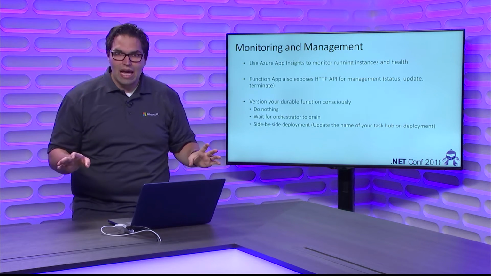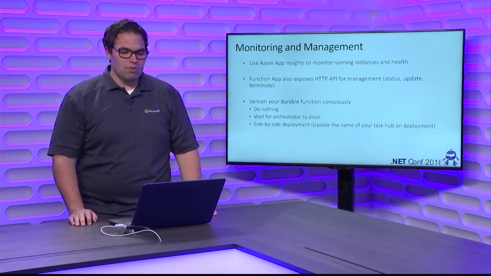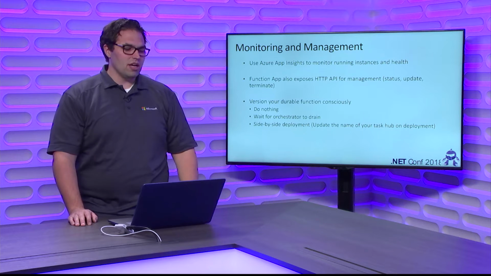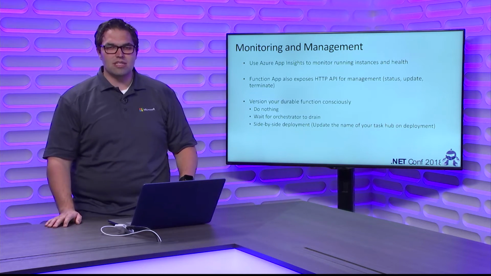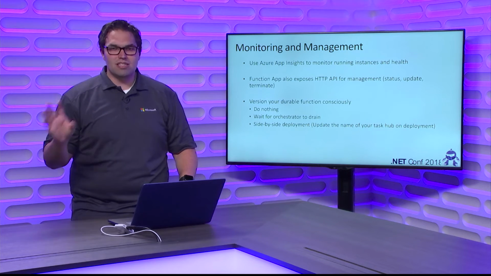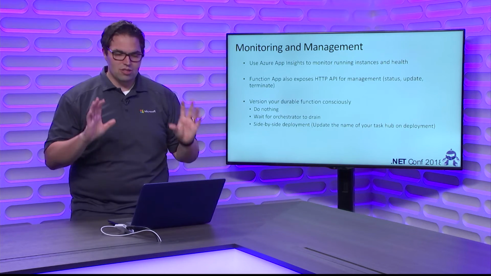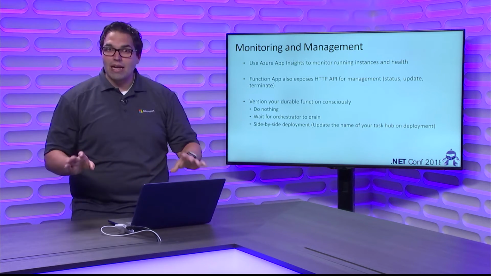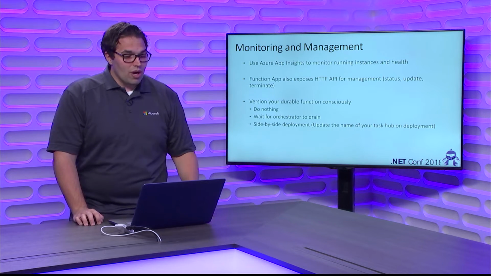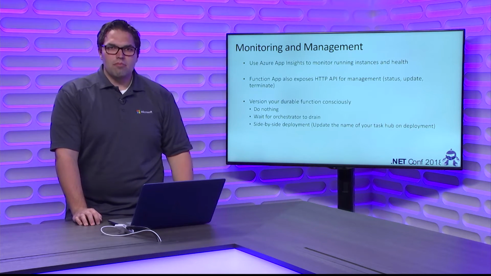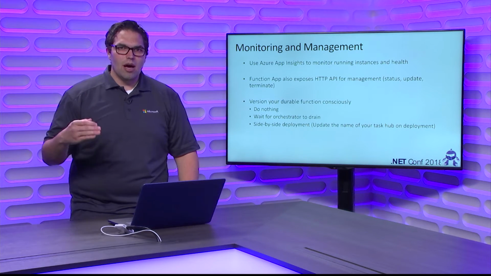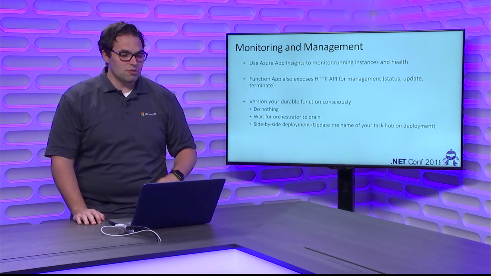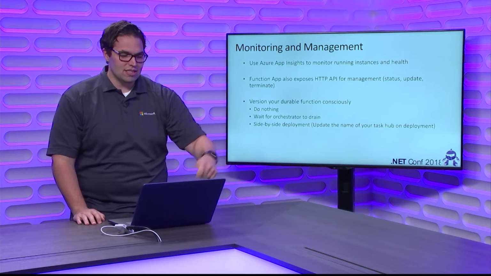Now, maybe that's okay, but there are strategies you should be aware of. So there's kind of 3 big ones our documentation calls out. First one, you can just do nothing. Maybe you're okay with some instances becoming corrupt. Maybe you know that this is very infrequently executed. Just deploy as you will. It might not be what you want, though. The other one is wait for your orchestrator to drain. Maybe you have a scenario where you can actually wait and make sure that everything completes before you start the next one, and then you can just publish an update once there's no running instances.